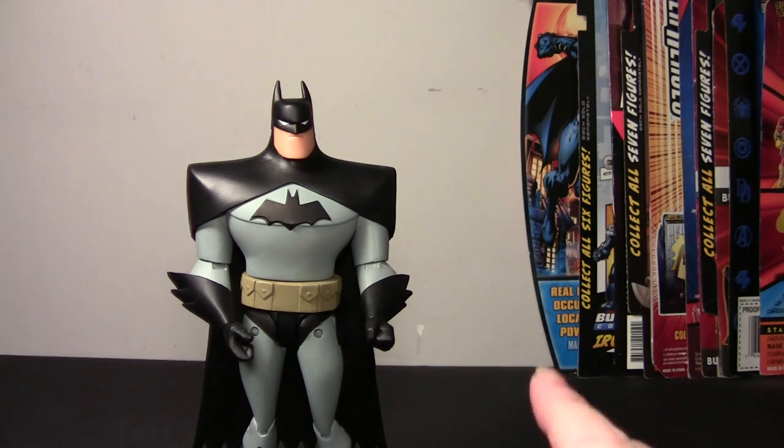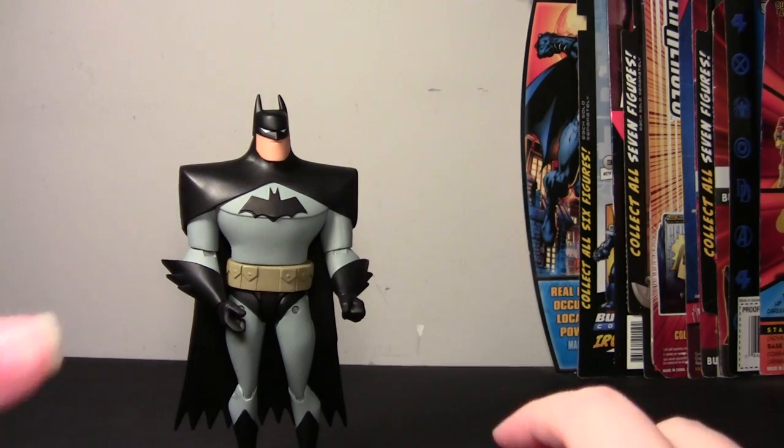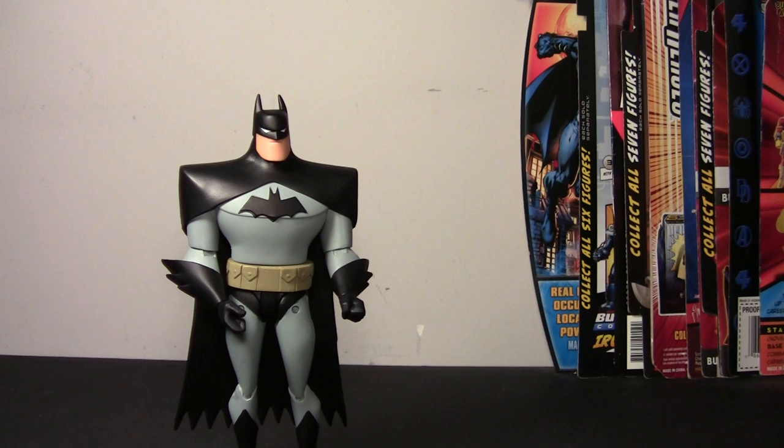So I'm really excited to see where they go with this series. I hope that the rest of the figures are in scale. I hope Robin's are much shorter. I hope maybe Mr. Freeze is bigger. It's really exciting that they're doing these kinds of series. And,